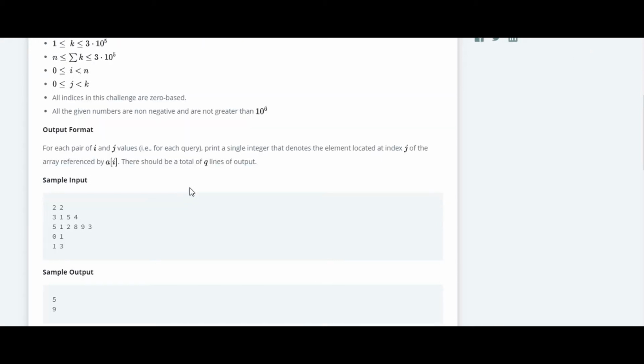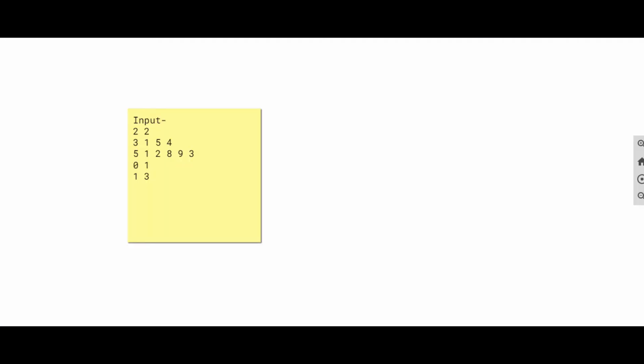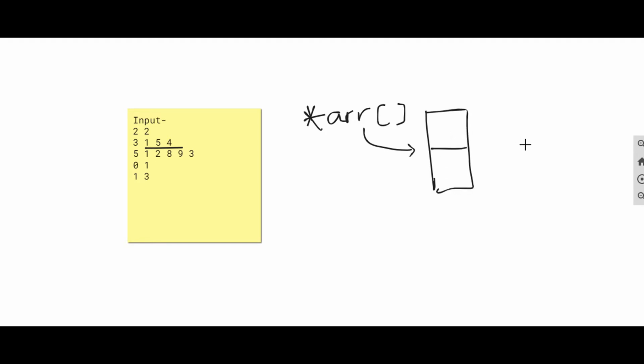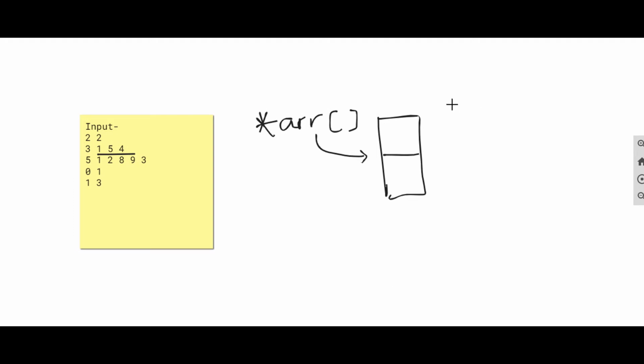What we have to do in this example, I'll show you with the help of a whiteboard. In this example, we'll need one array. Inside that array, we are going to store the address of another array. For example, we'll need one array which is star ARR, and suppose the length of this array is 2. So this array will look like this if its length is 2. And what are we going to do now? We are going to store the address of another array.